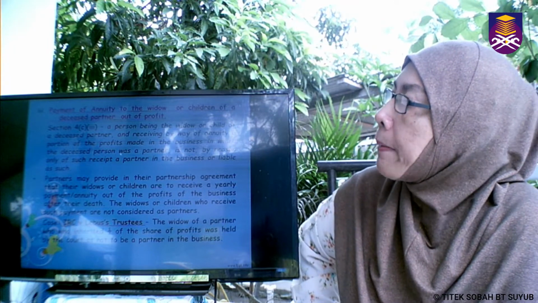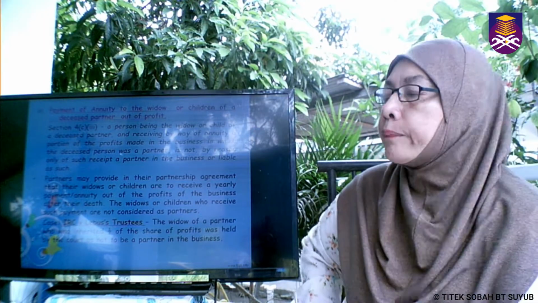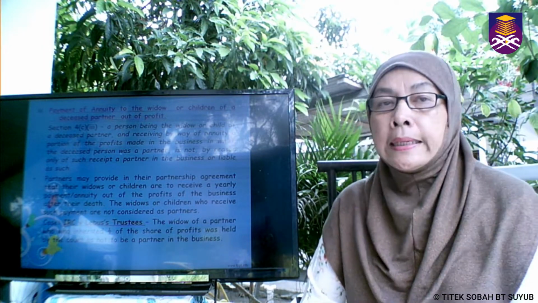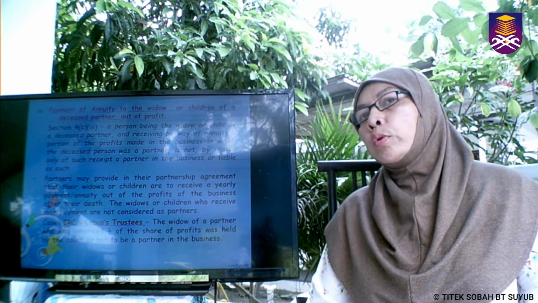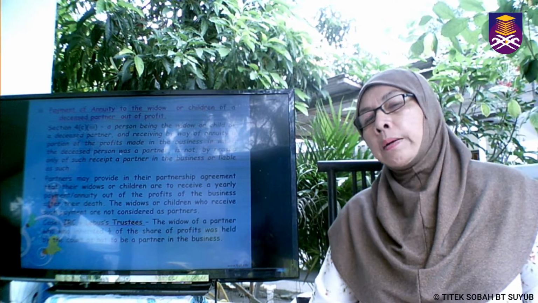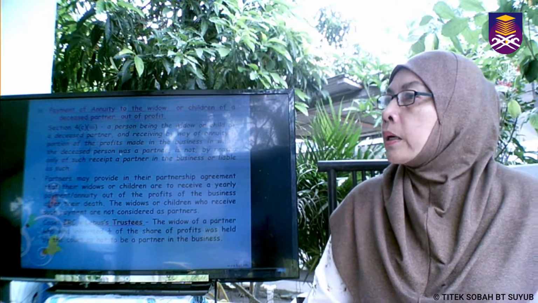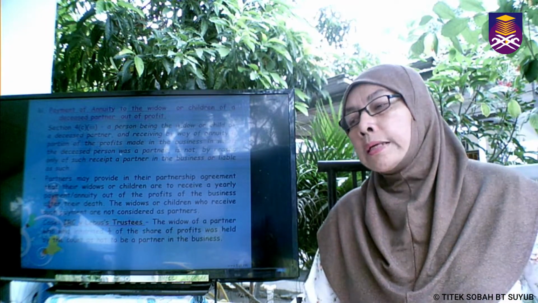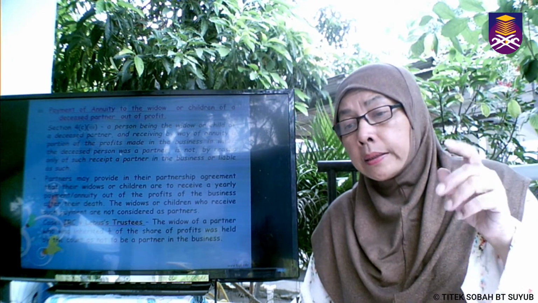Okay, it says here, payment of annuity to the widow or children of a deceased partner out of profit. Annuity is the payment yearly, sometimes quarterly, okay, it's being paid. And if it's being paid to the widow, ya, dah mati, dibayar pada balu lah, secara berkala, tahun sekali, kadang-kadang 6 bulan sekali. Will this make the widow, or will this make the children of the deceased partner as new